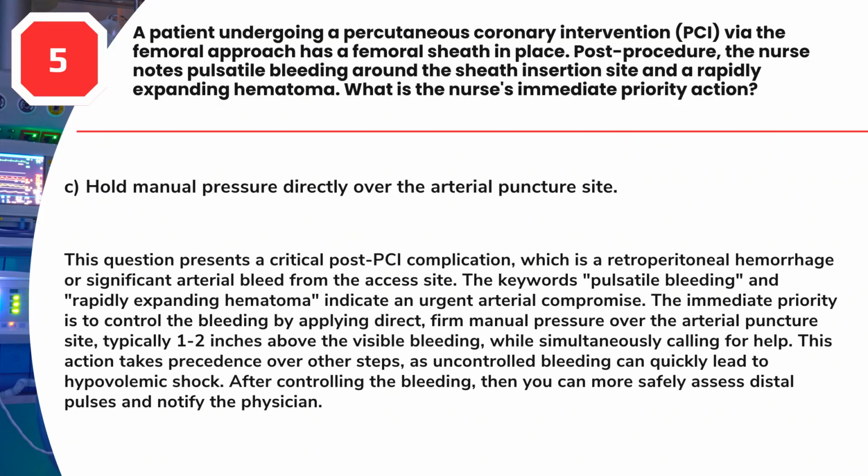Answer: C. Hold manual pressure directly over the arterial puncture site. This question presents a critical post-PCI complication, which is a retroperitoneal hemorrhage or significant arterial bleed from the access site. The keywords pulsatile bleeding and rapidly expanding hematoma indicate an urgent arterial compromise. The immediate priority is to control the bleeding by applying direct, firm manual pressure over the arterial puncture site, typically